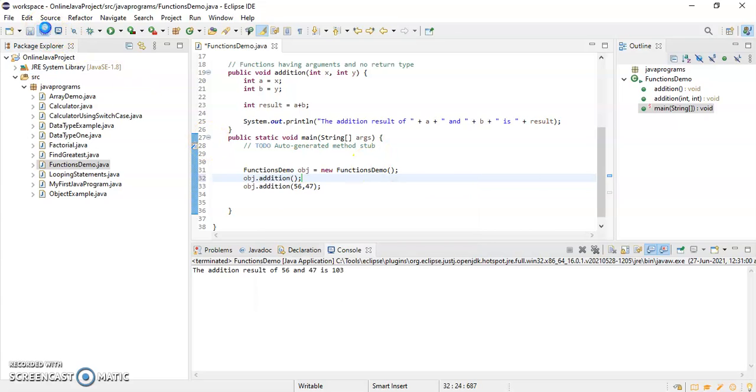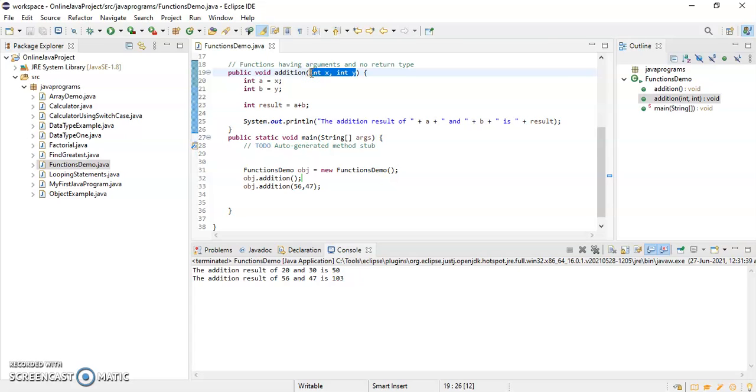Okay, so one for method 1 and another one for method 2. Okay, so let me just run this. The addition result of 20 and 30 is 50. The addition result of 56 and 47 is 103. Okay, so in the second method, if you see, we have passed the parameters. That means the function contains arguments, but we are not returning anything. We are just calculating the result and we are showing the result in that particular function only.